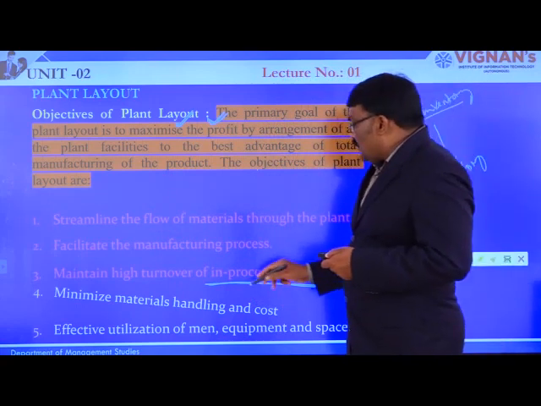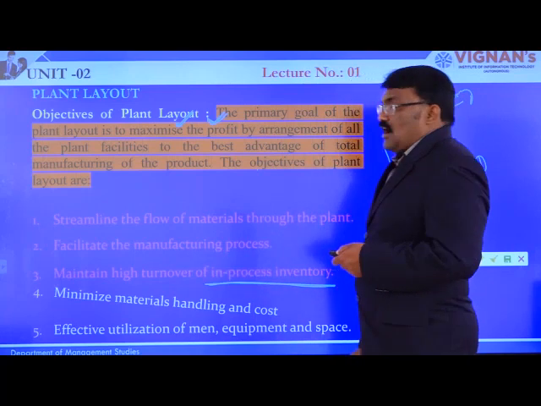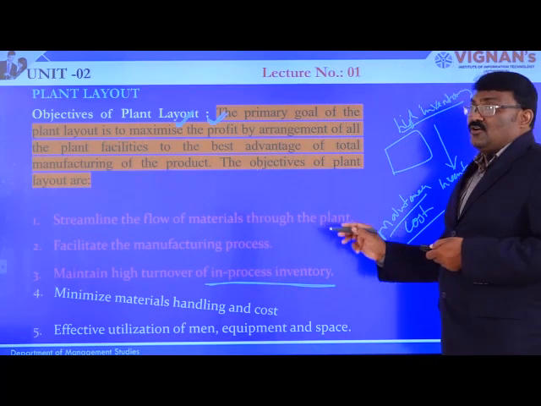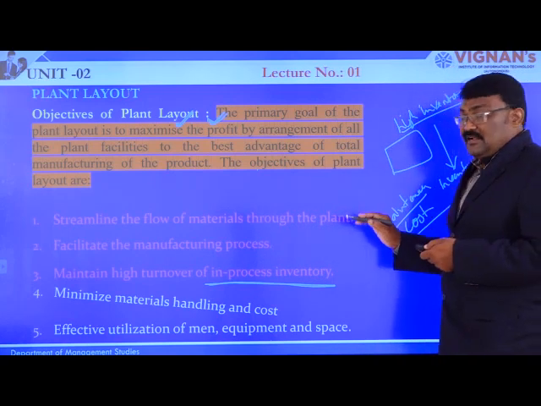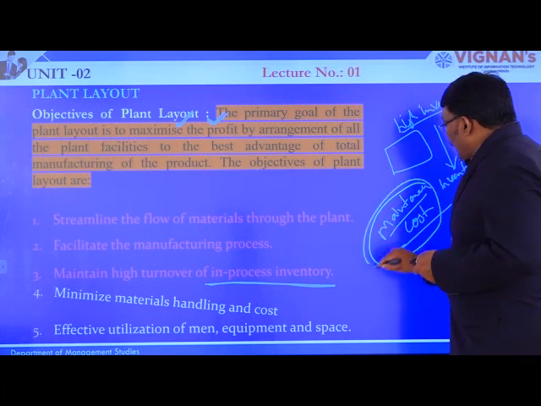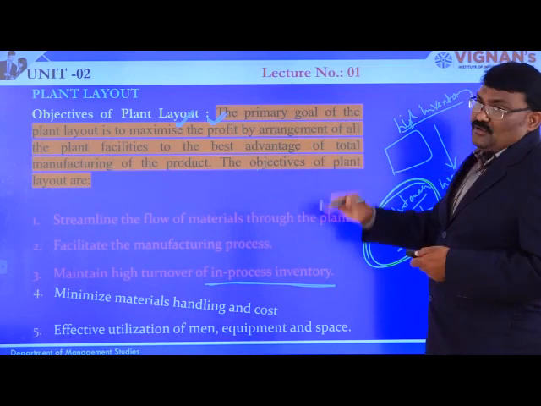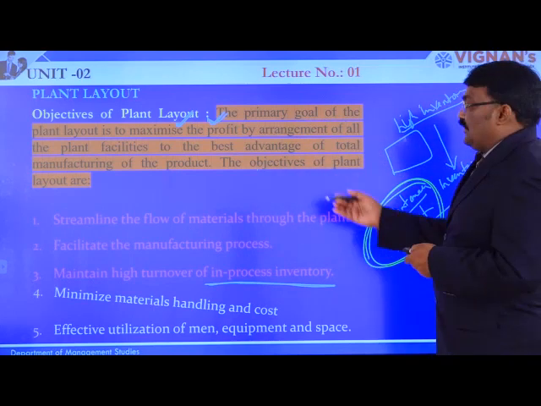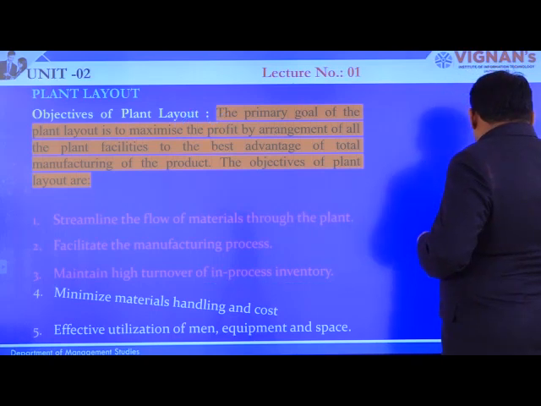Now, that is the reason we need to maintain the turnover at such a level that the stock is maintained and does not have an effect upon the maintenance cost. If it becomes more, then the profitability will decrease. So, that we need to understand. That is the third objective.